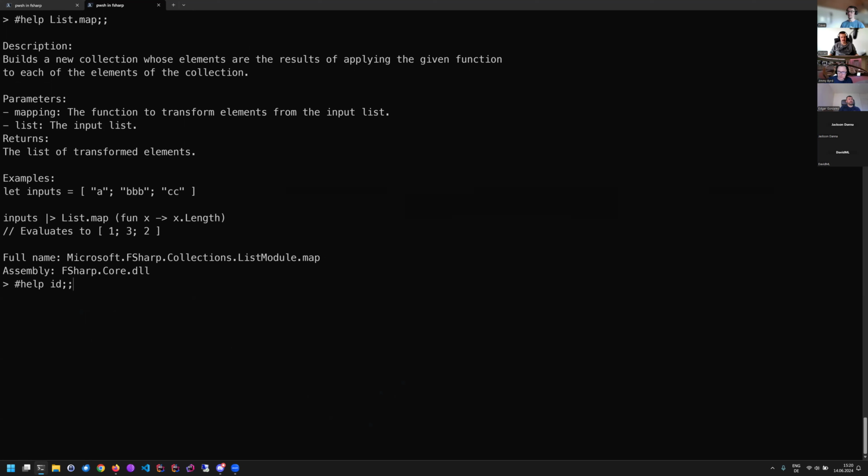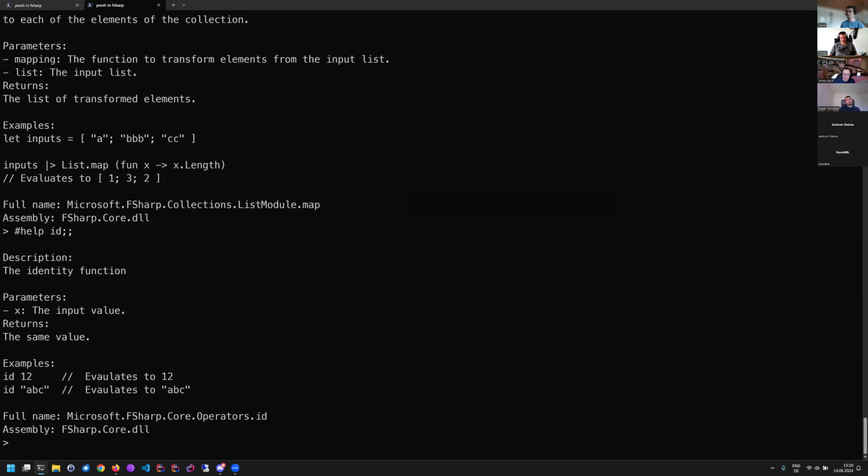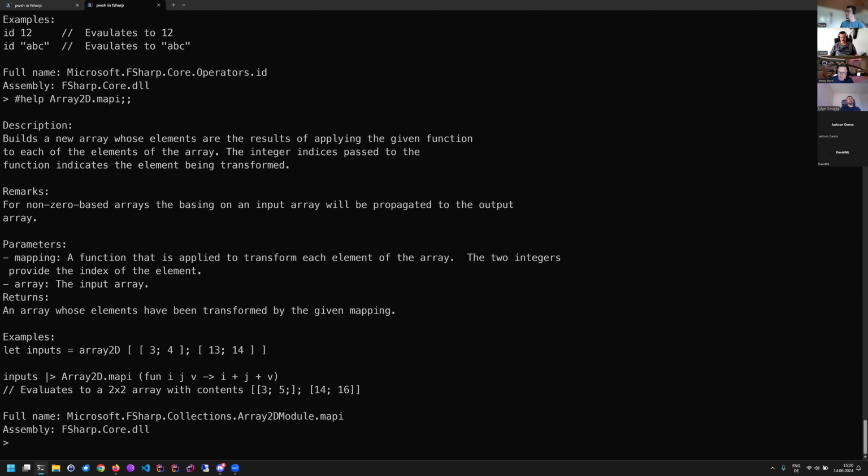You can use it with any identifiers you would think you can use, like List.map, Array, whatever. And have your documentation right at your fingertips without any context switching. No need to change to the browser and all that, like you know from other ecosystems. As you know, this idea was stolen from the Elixir REPL back in the beginning. And I'm really happy that we made it this far, even though it has taken us some months.